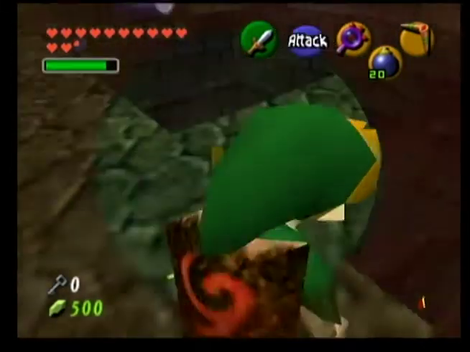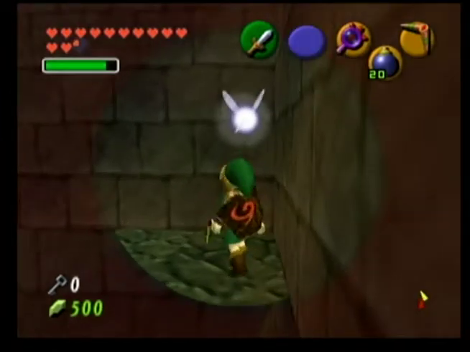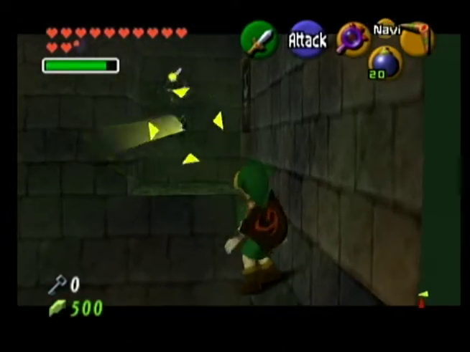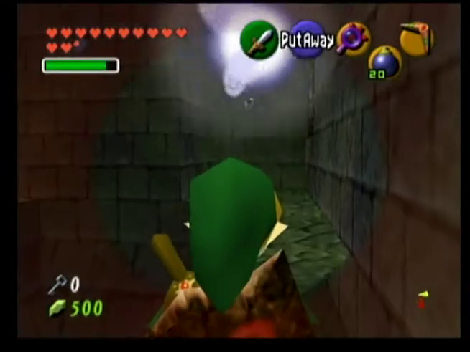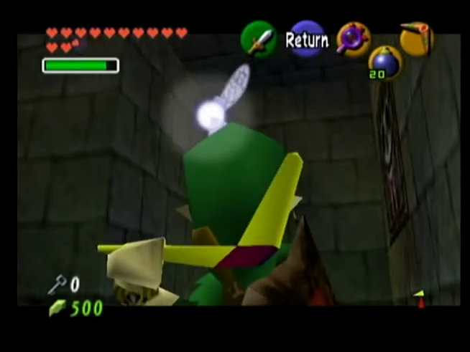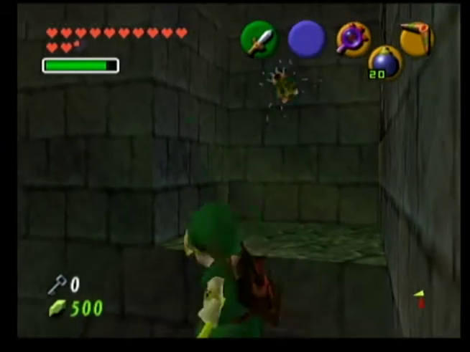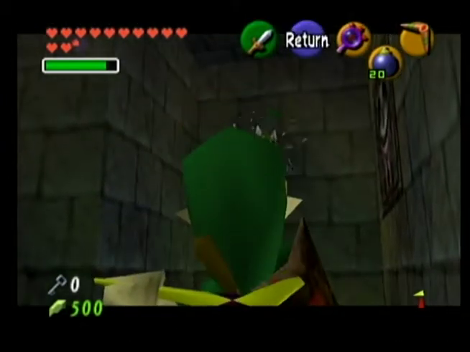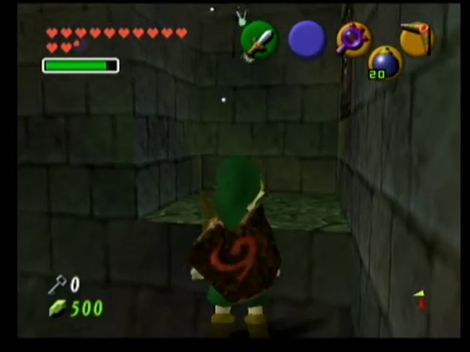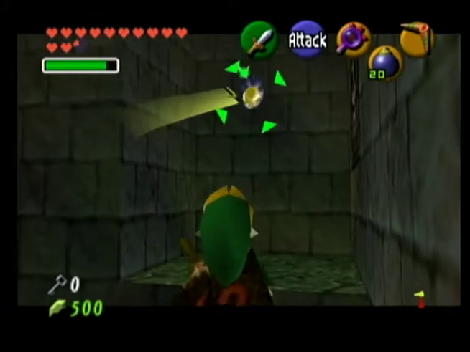But the Lens of Truth will reveal a little secret exit here, so just ignore the hole. Don't be perturbed and just leave and think, oh, you clearly can't make your way through that. We're doing really well for Skulltulas actually. We're approaching the 2/3 mark, so there's still plenty that we haven't actually got to the stage where we can